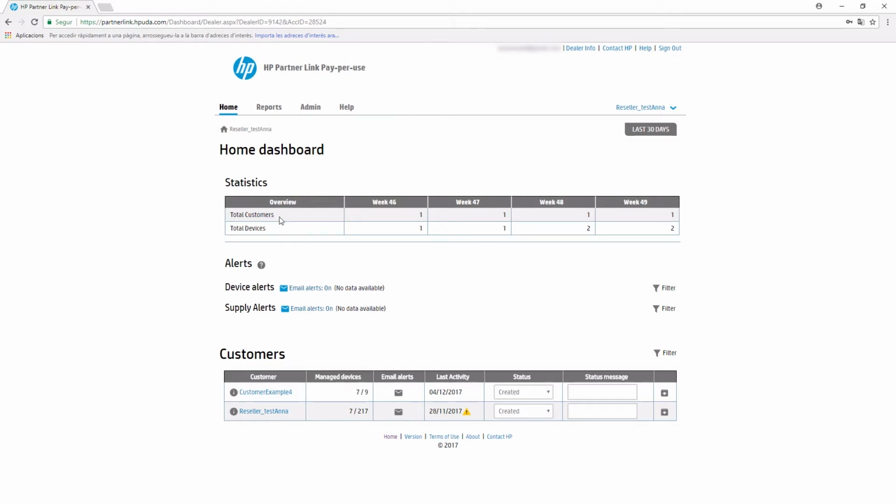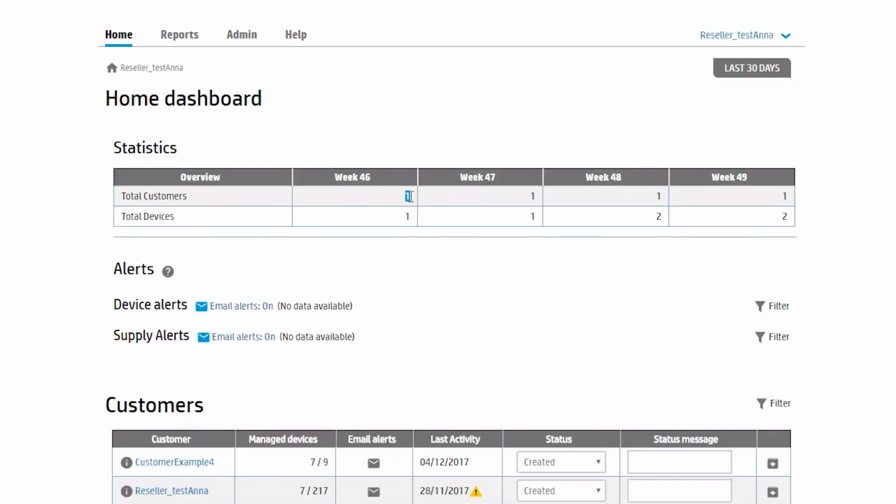At the top of the page, you will see a chart that displays the total number of customers that are connected each week, and also the total number of devices that are connected. It will allow you to ensure that all printers are installed, connected, and reporting their status. If you see any change, especially in numbers that decrease over the weeks, then you will need to check out your clients' dashboards in order to verify which of your clients' printers have been disconnected during the past week.